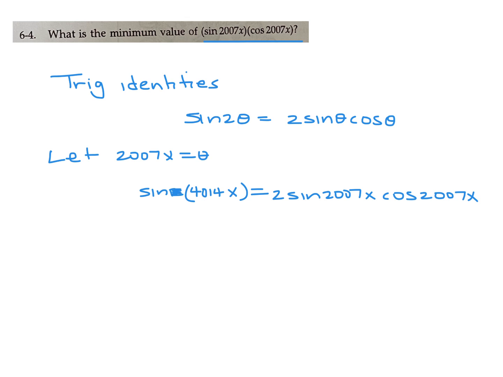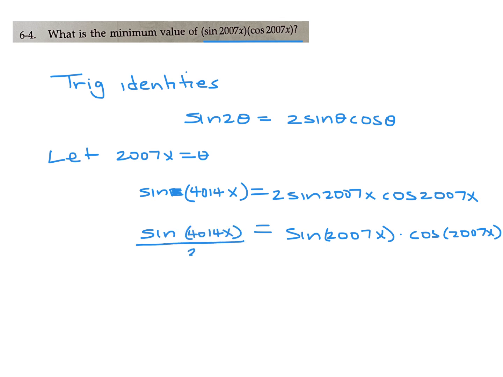Yeah. Let me see if that's right. I think so. Sine of 4. Yeah. And then therefore, sine of 2007x times cos of 2007x would be the sine of 4014x all over 2. You got it? Okay, so that makes it a little bit easier because